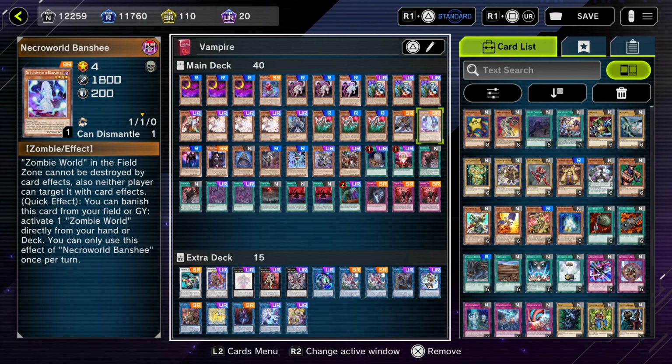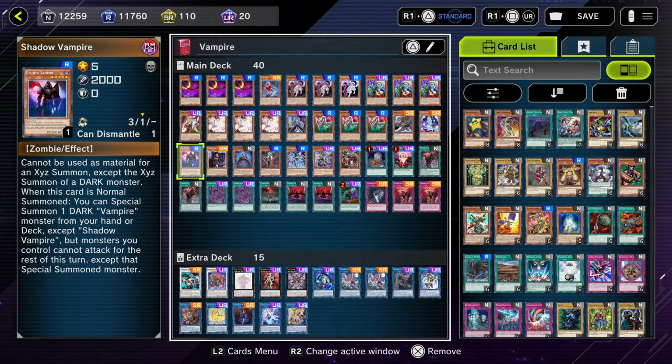Zombie World in the field zone cannot be destroyed by card effects, also neither player can target it with card effects. You can banish this card from your field or graveyard, activate 1 Zombie World directly from your hand or deck. 1 Shadow Vampire. Cannot be used as material for an Xyz summon except the Xyz summon of a dark